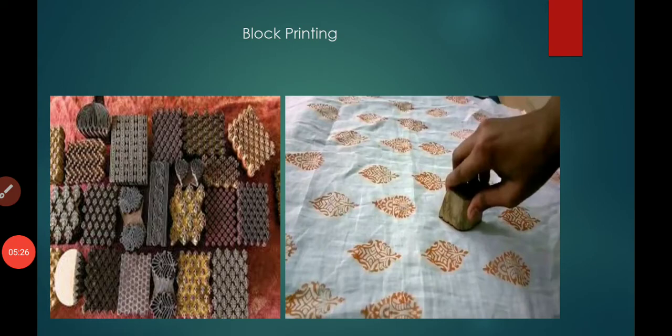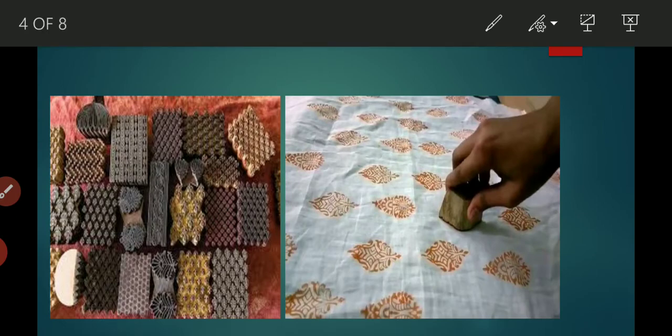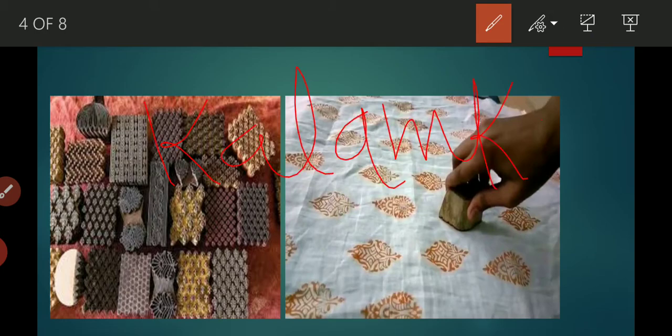We can also use the kalamkari method to make design on cloth. Kalamkari method, right? See, kalam. Do you know about this method?